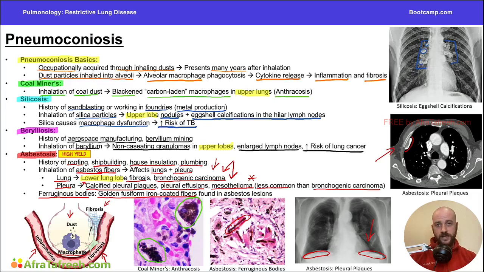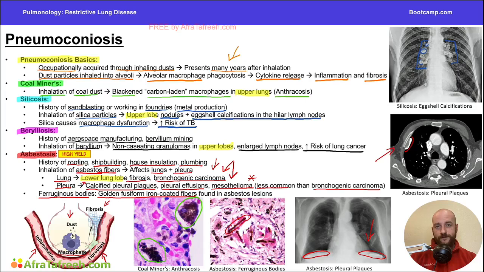Okay, so now let's summarize a few key points from the video. A pneumoconiosis is when we inhale certain dust particles, usually from certain occupations, and then many years later, so maybe 10 to 20 years later, we'll start to see disease. In coal miners' pneumoconiosis, we're going to see those black carbon-laden macrophages. In silicosis, usually sandblasters or foundry workers can get nodules in the lungs, as well as eggshell calcifications in the